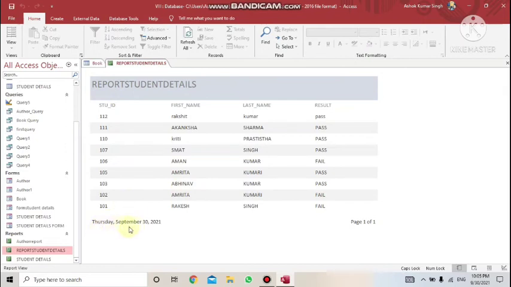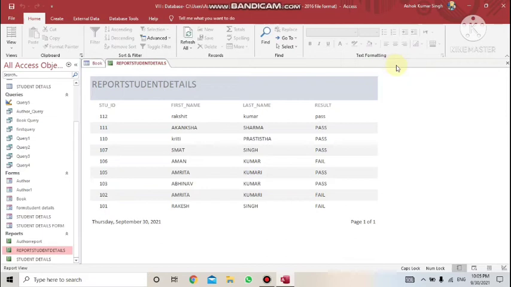And here, this part is known as the report footer. This is known as the report header. And this is known as the details. So if somebody asks you, what are the components of a report? Report header, page footer, report footer, and the details. So this is your page footer. This is your report header and here report footer. So this way the components of a report can be discussed.